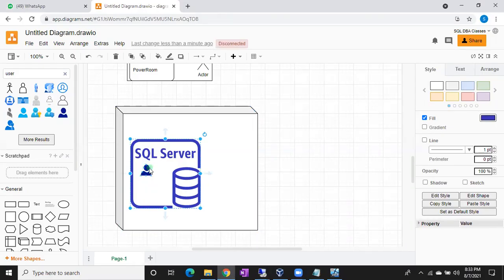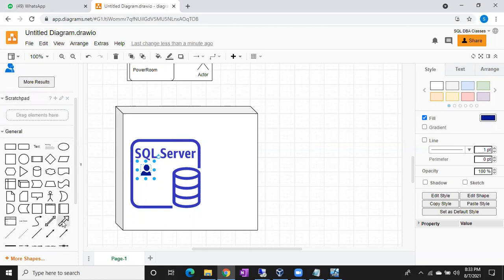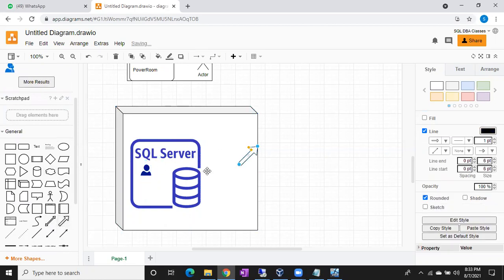Okay. So now don't think that in case a login is created in the SQL Server, he can connect to any database. Nothing like that. So here, if you see, imagine there are 3-4 databases.